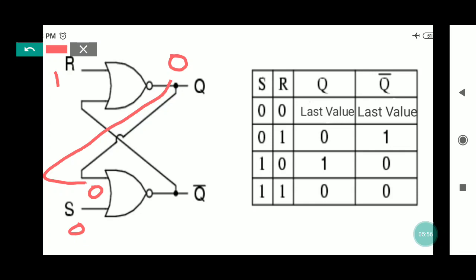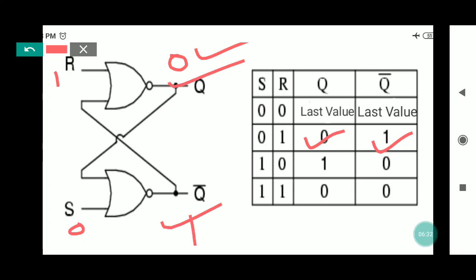Here both the inputs are 0 0, so it gives 1 here. Okay, and this 1 again comes here, and if it is 1 1, again it will give 0 and again it will give 1. So what happened here is that the fixed value we got is 0 at the Q. So Q is 0 and Q bar is 1, and as Q and Q bar are complementary, this condition is right.